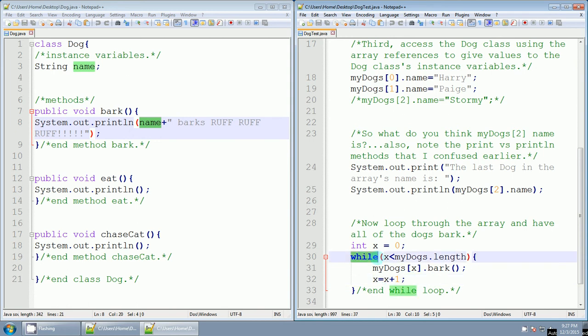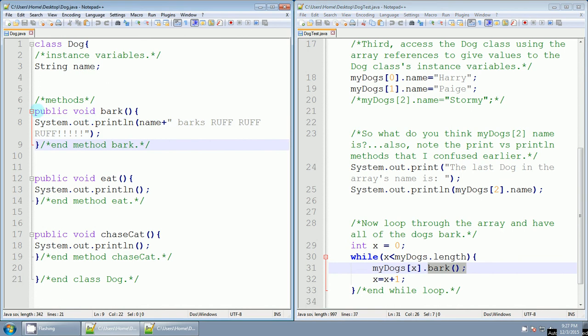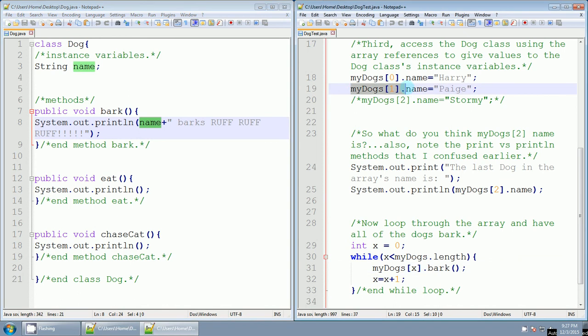Then it's going to go back up to the while loop, and it's going to ask, is 1 less than 3? And that's still true. So my dog's, and then now x has been changed to 1. It was changed down here, then it went up here. So my dog's with the index of 1 dot bark. Again, it's going to come up here, and it's going to call this method. It's going to look for the name for that my dog's 1. Well, right here, my dog's 1 dot name is Paige, so the next line of code should be Paige barks